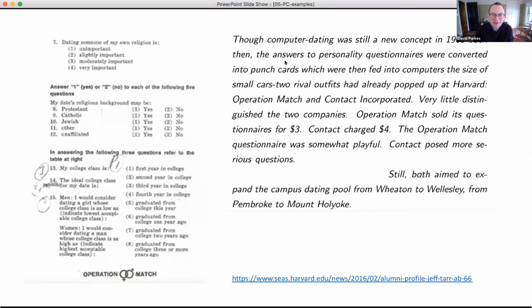These questionnaires were converted into punch cards that were fed into huge computers at Harvard. There were two companies doing this, Operation Match and Contact. One sold questionnaires for $3, one for $4. As the quote says, they both aimed to expand the campus dating pool from Wheaton to Wellesley, from Pembroke to Mount Holyoke. All right, so that's a little playful,